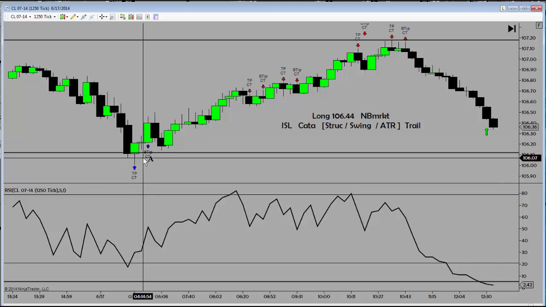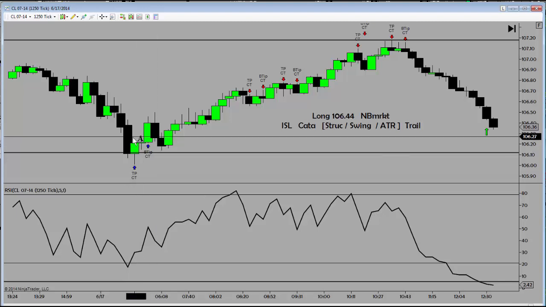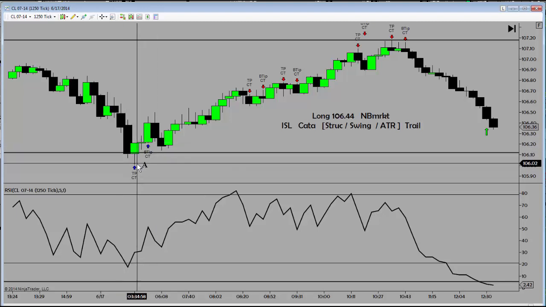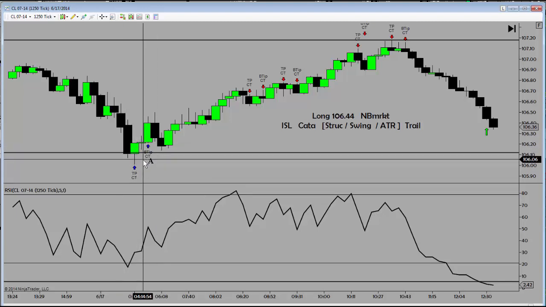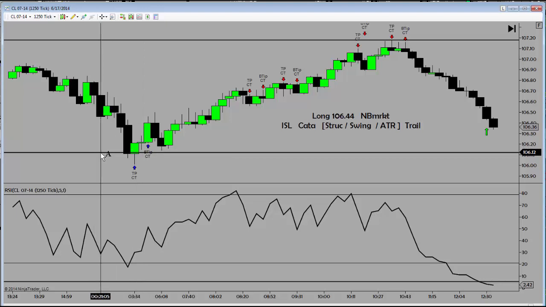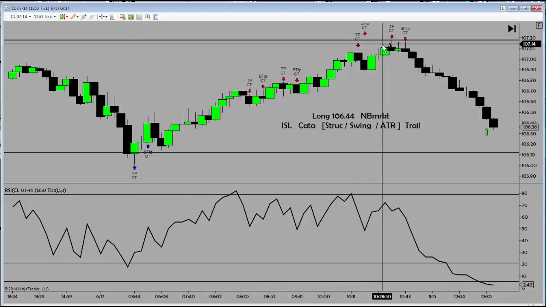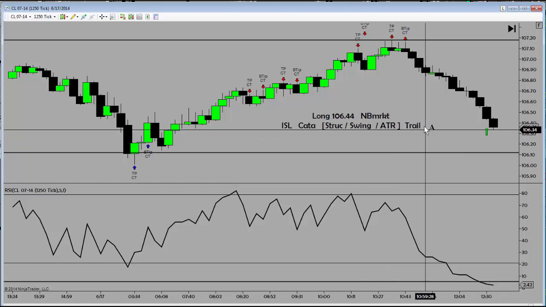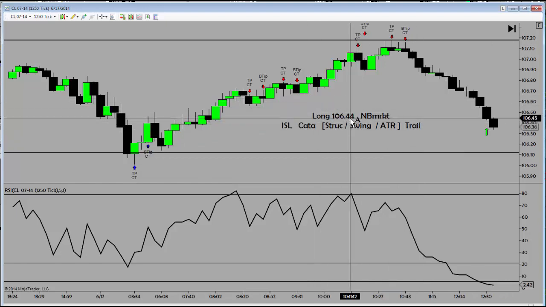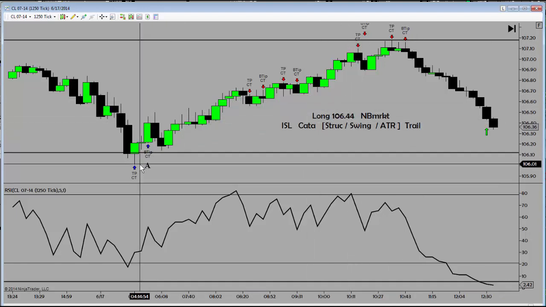This swing low, I don't care why it was put in. I don't care about the type of candlestick that was formed. What I care about is, A, I've got a black horizontal line there, which means it was probably tested previously. B, from 106.11, the market rallied to 107.14. That's a $1 move, which represents $1,000 per contract in crude oil. So if I bought at 106.44, and I'm going to take the low right here, which is 106.01,